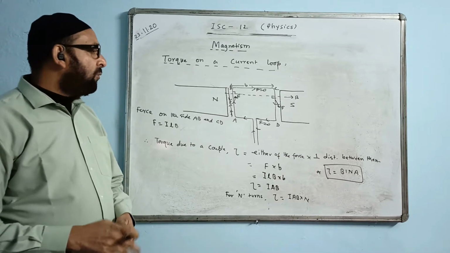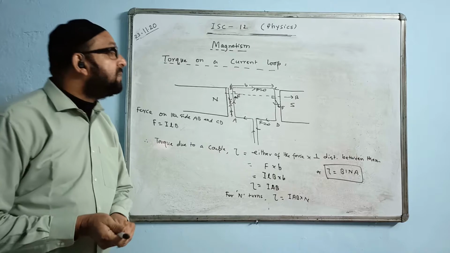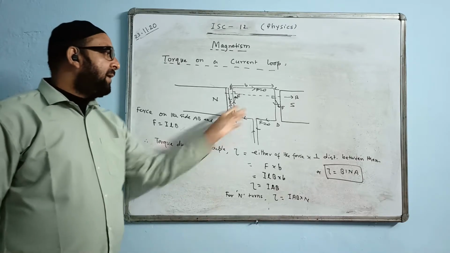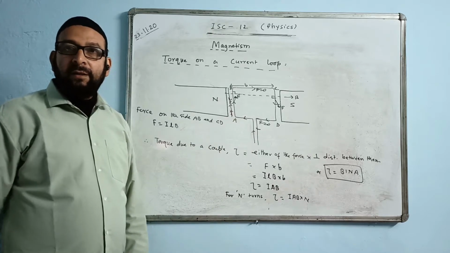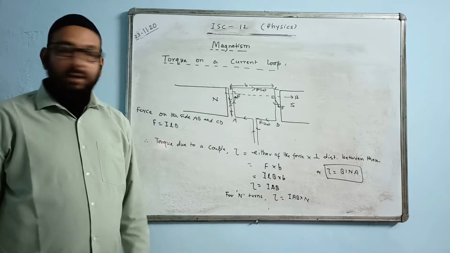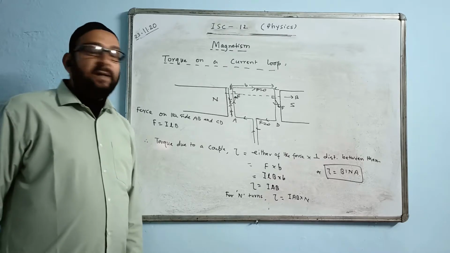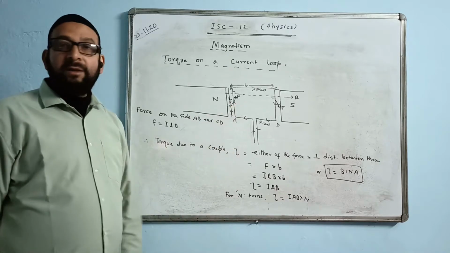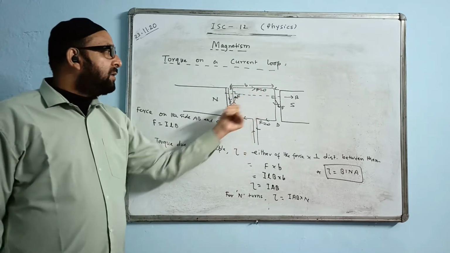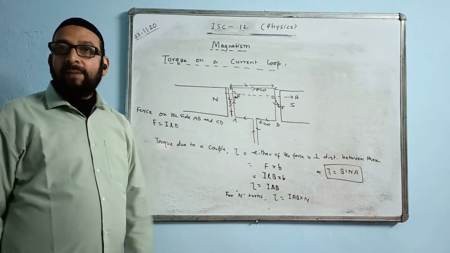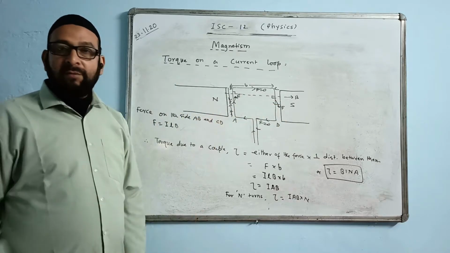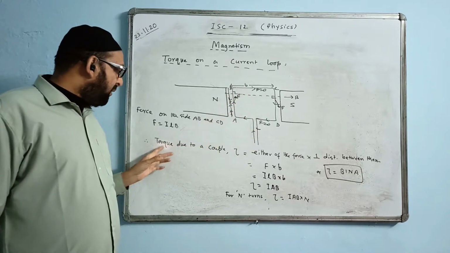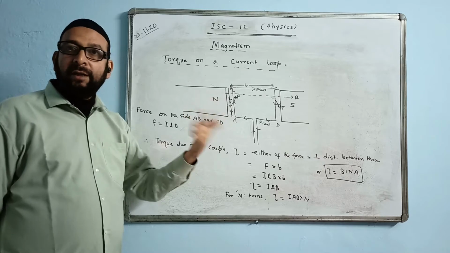That is, torque depends on what factors? Torque depends upon these factors which I have written here, BINA. What is B? The value of the magnetic field applied. I means current, N means number of turns, and A means area. If you remember in class 10, we used to do a topic called motor. What is a DC motor? This one was a DC motor actually. There was an armature coil, we place it between the pole pieces of the magnetic field, horseshoe type. When you supply current, there will be a turning effect, torque will be there, and it will start rotating.